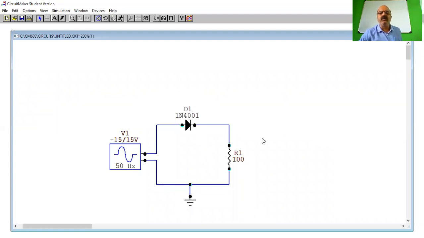Now, what is expected? This is the input side. Inputs, that is a frequency generator. Suppose I want to give some name to this. I want to name it as frequency generator. So I can type the name also.